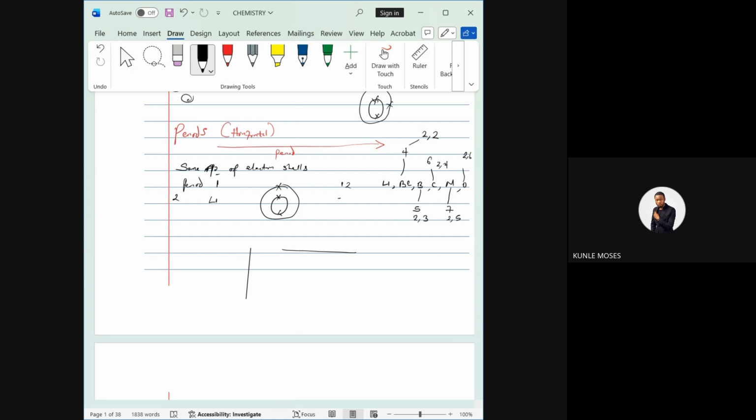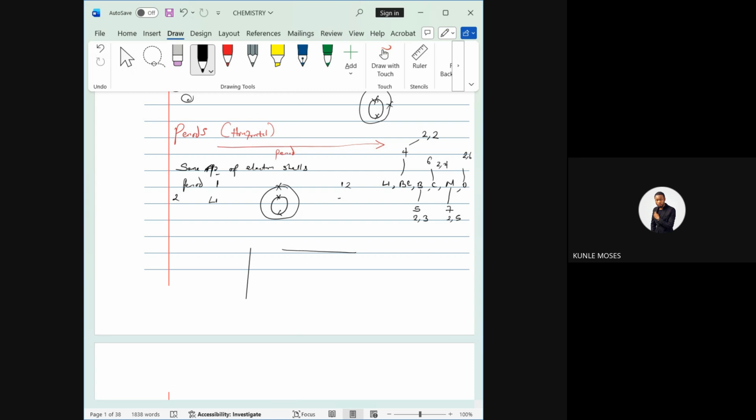Is that taken? And if it is group 3, it must also end with 3, like boron and aluminium. Please, is that taking, Confidence? And for the period, we say a period has the same number of electron shells. The same number of electron shells simply means when you count the electron shells, it must be the same.